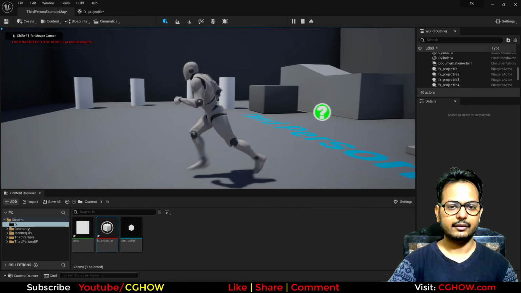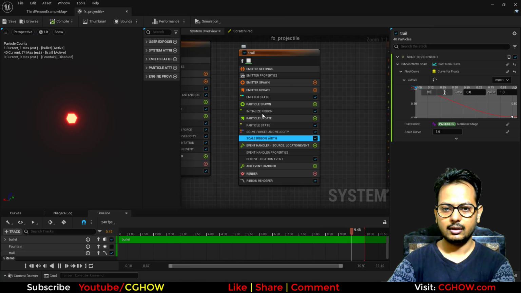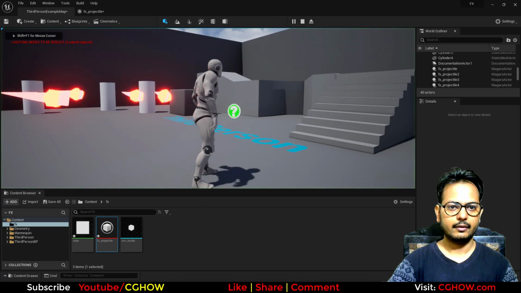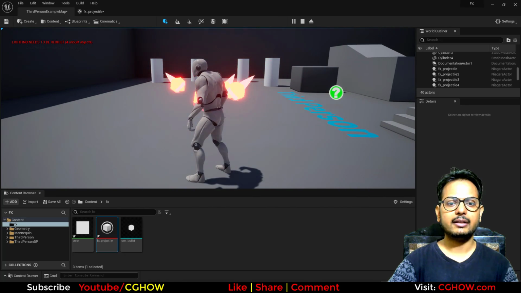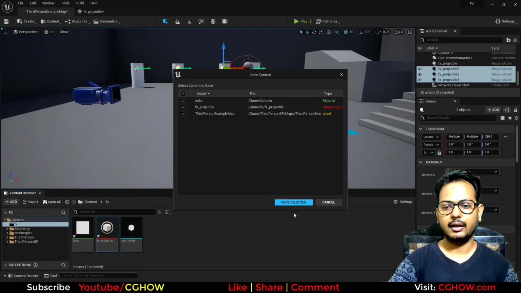Now I have the tail, but its size is too much, so let's make it 30. Okay, so I have the tail now. So now I need some burst particle when it's colliding. So first I need a